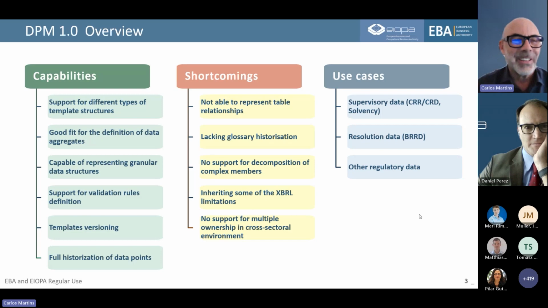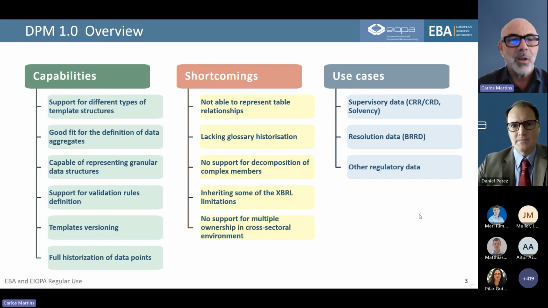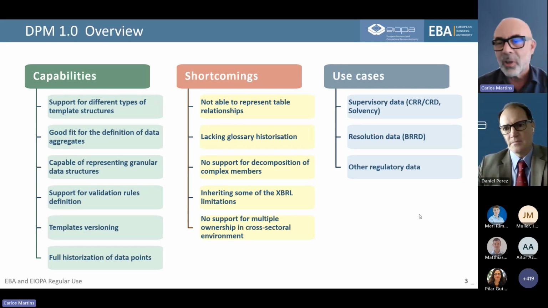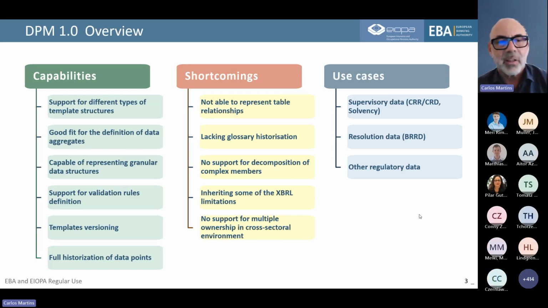Yeah. So in terms of the capabilities of the DPM 1.0, it supports different types of template structures. So we have closed tables, open tables, semi-open tables, more granular data, less granular data. It's a very good fit for definition of data aggregates.